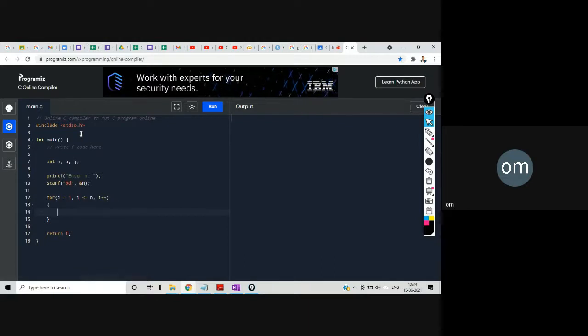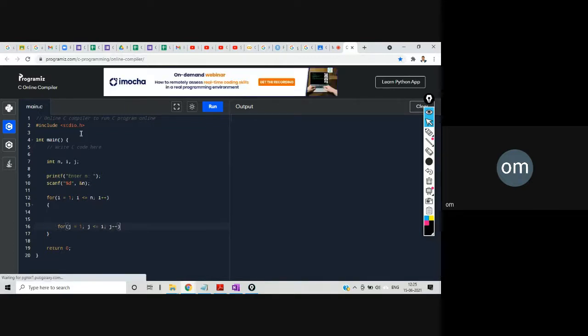Now here first I'll try to print my first pattern. So let's print that. for j is equal to 1, j is less than equal to i, j plus plus, printf one star, okay, and then printf slash n.